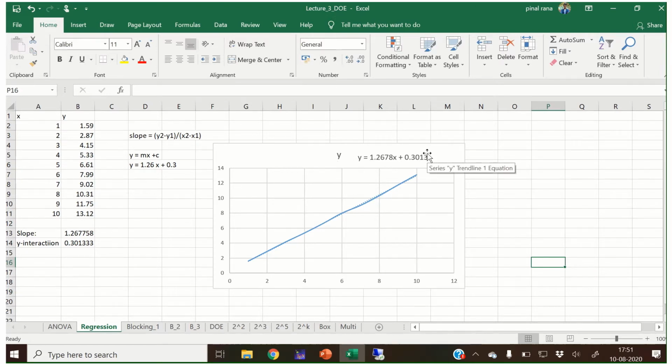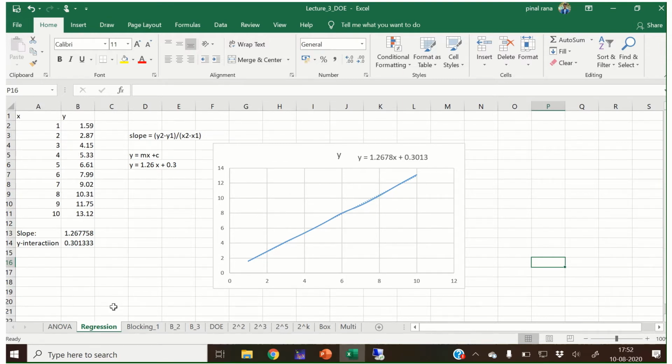From this you can predict, since we have data up to x equal to 10. So if you want to predict the value of y at x equal to 12, then we can predict this data. This way our regression equation will help us to predict the data for which we have not conducted the experiments.